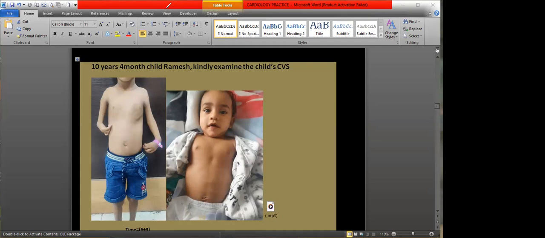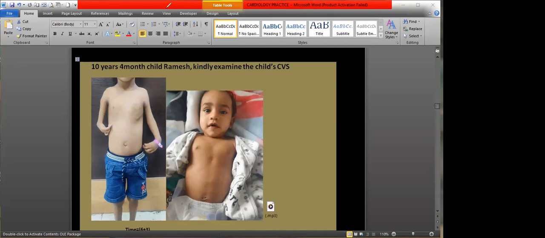So start with a structure like this in CVS. You can follow MRCPCH or any kind of book, but try to maintain the structure in the right way. And scar: in this particular child there would be no scar, but sometimes Holt-Oram syndrome may be there with a midline sternum scar, or maybe some with a drain as well. So this case may come. They are giving any kind of cases nowadays. Recall is not helping nowadays, but you should cover the recall mostly.